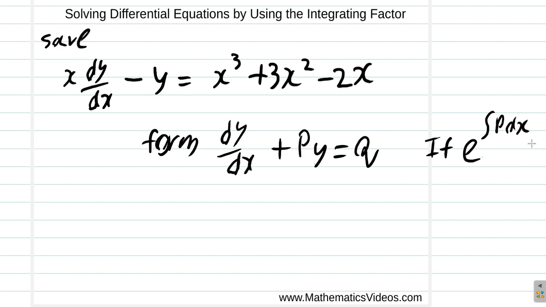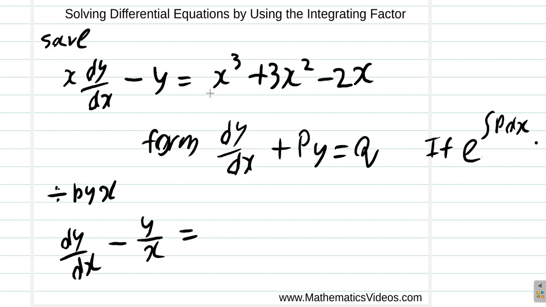Alright, so let us look at the equation. No, it's not exactly in this form. You need to divide by x. Because remember, in this form, you don't have a number times dy by dx here. It's really 1 times dy by dx. So you need to get rid of this x here. So let's divide by x. You have dy by dx. X would cancel itself. Minus, this would be y over x